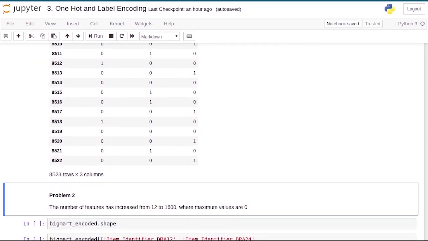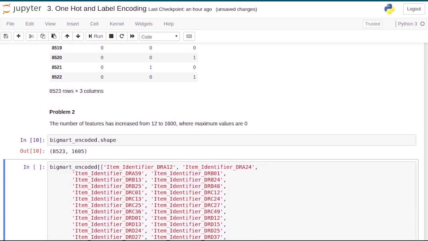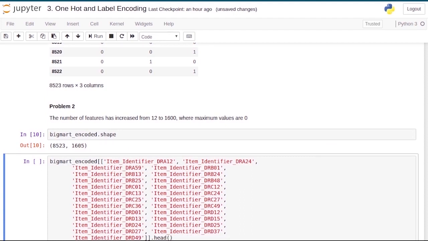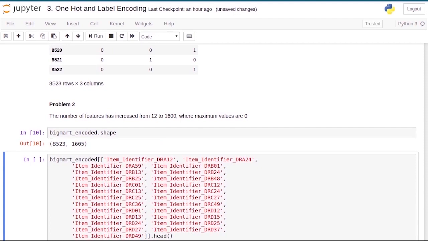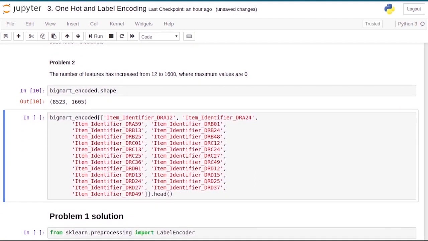The second problem is that the number of features has drastically increased from just 12 to 1600 plus. Let's see the shape. You can clearly see we have 1605 variables. That is a humongous amount. And if we look closely, the variable item identifier has a number of unique values. It's essentially like an ID variable.